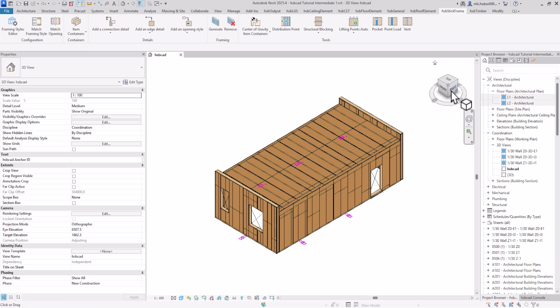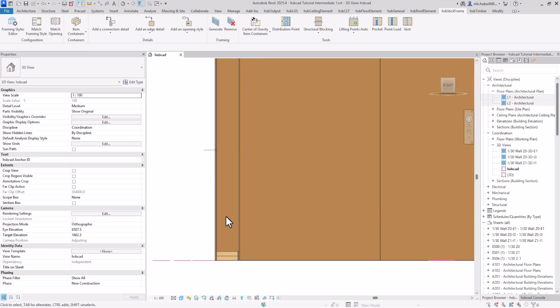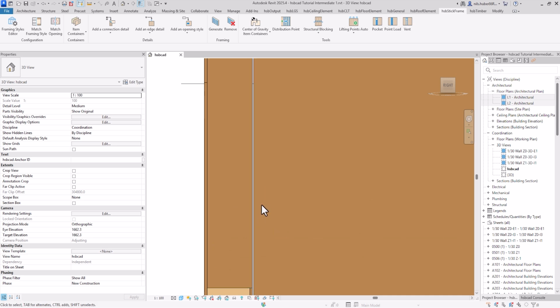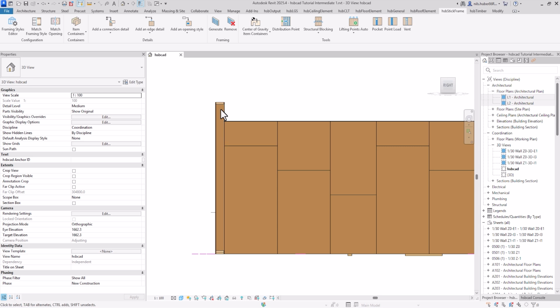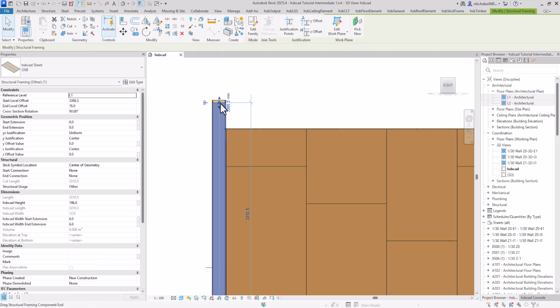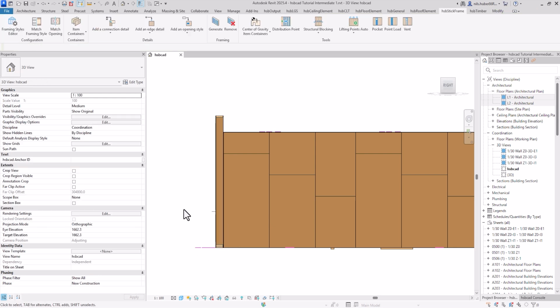So, if we go to this right view, you can see that this gap is visible, but we have a little problem, and it is that our OSB sheet on the outside here is not going all the way to the top and not all the way to the bottom. But we'll fix this in the next tutorial, where we'll take a look at the edge details. So, until then,